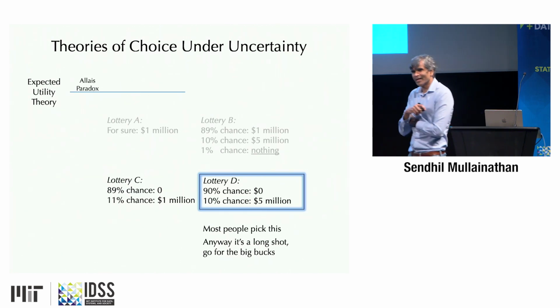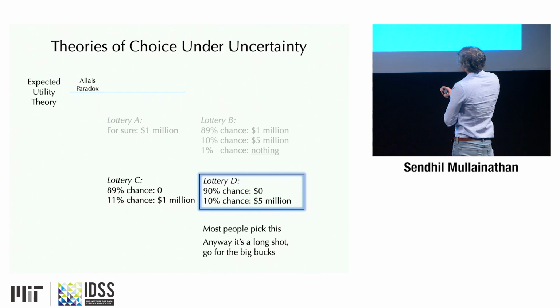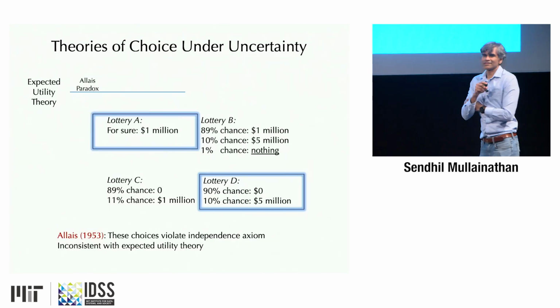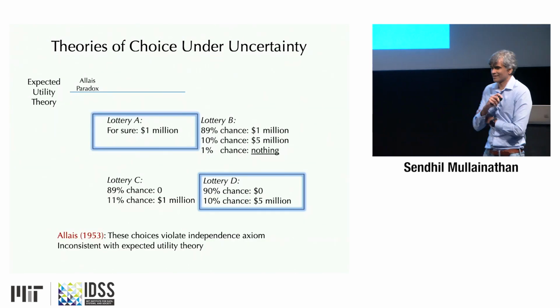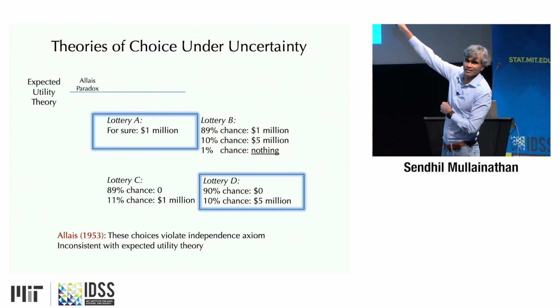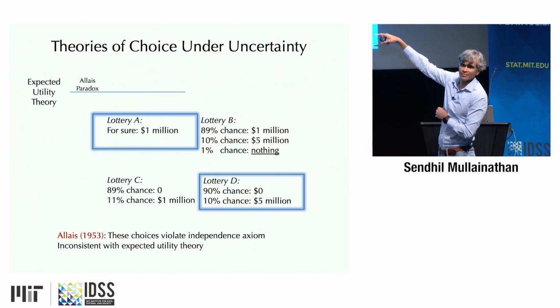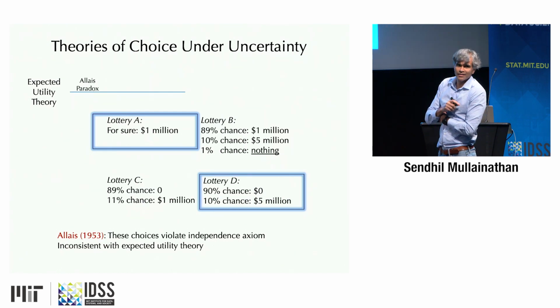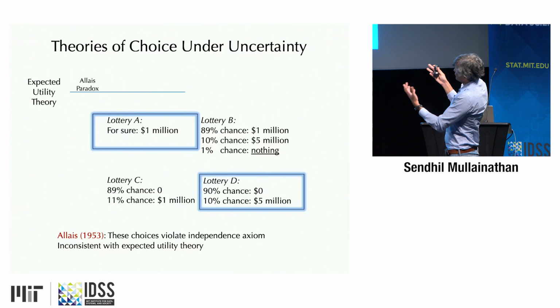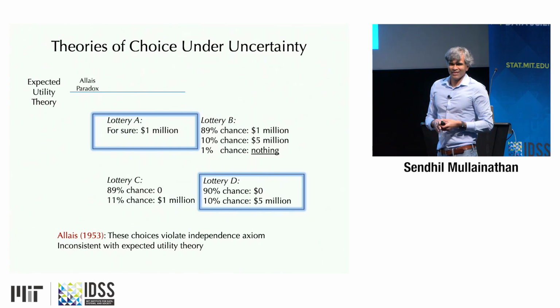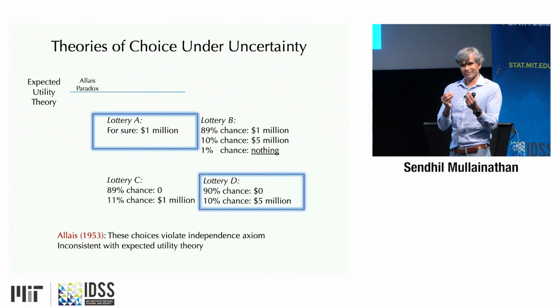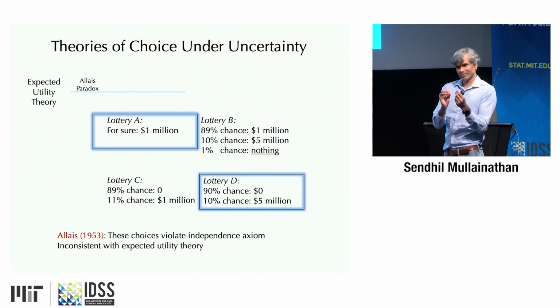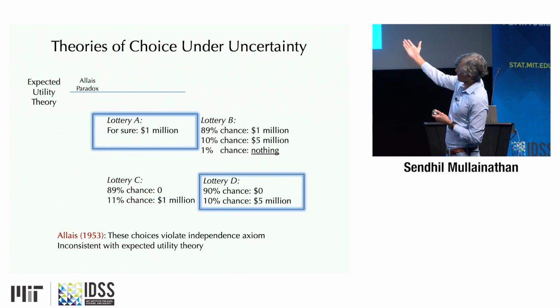And Allais simply pointed out, algebraically speaking, these two choices are inconsistent with the independence axiom. The reason is you can rewrite lottery C and D as combinations of A and B by simply adding things back. And so this is what we're going to call an anomaly. It's a minimal presentation of a very simple example which shows the theory must be wrong somewhere. And these examples are powerful.